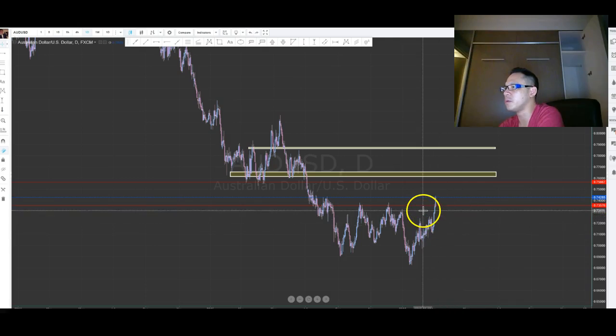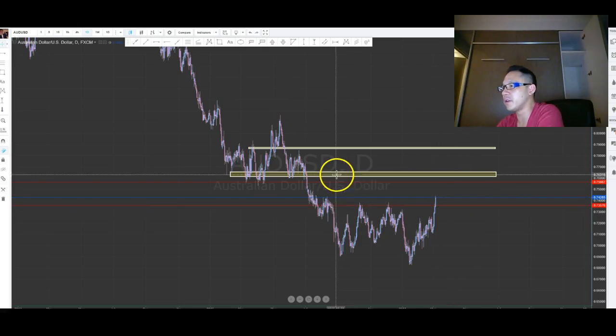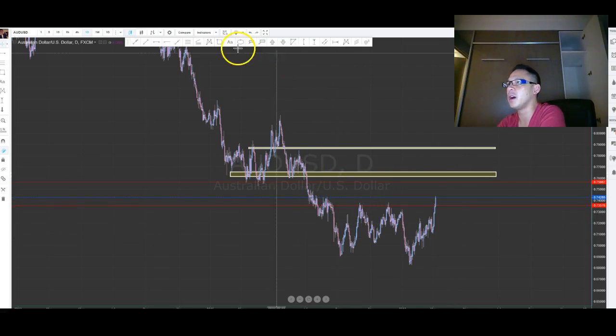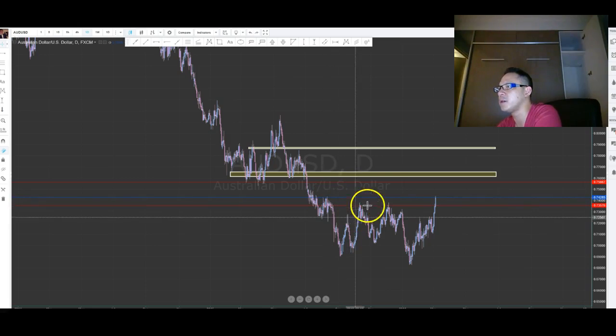We're looking for, is there an ABCD pattern? I don't think there is an ABCD pattern here. Is there an advanced pattern? So look for an advanced pattern. I don't think we get any rules that qualify for any kind of advanced patterns.